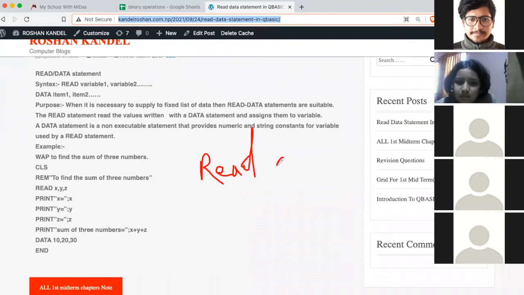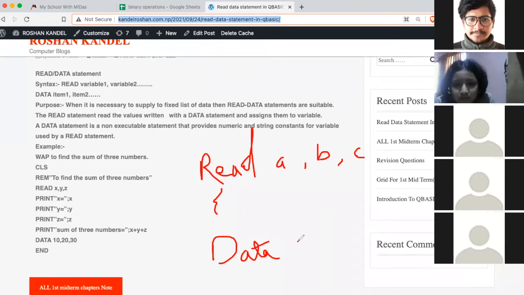Means if there is A, comma B, comma C, so this is one variable, this is another variable, and this is another variable. Now at the bottom we have DATA, with the program in the middle. Now this DATA is like the supplier for the READ.